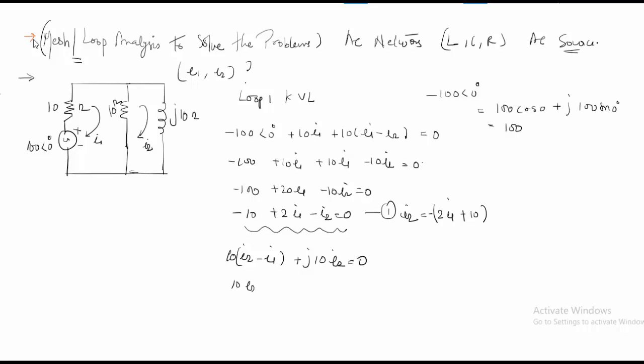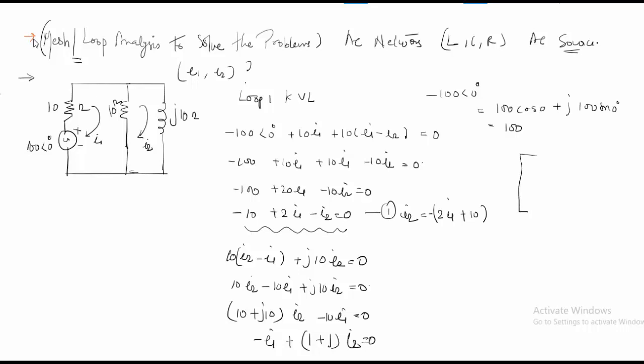So 10 I2 minus 10 I1 plus j of 10 I2 is equal to 0, which can be written as 10 plus j10 I2 minus 10 I1 is equal to 0. If I'm simplifying it, it can be minus I1 plus 1 plus j of I2 equal to 0. If I'm writing the two equations, 1 and 2, in matrix form, this can be written as